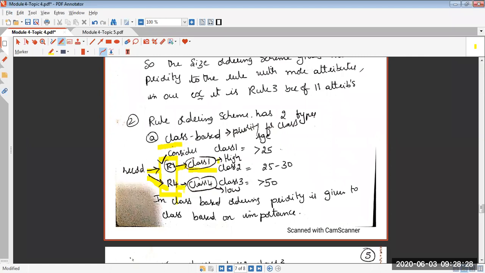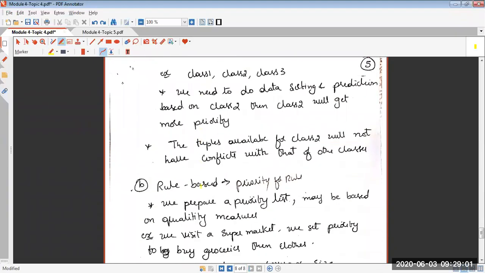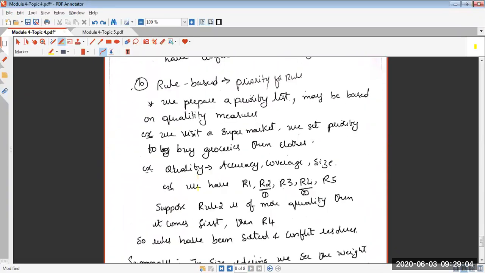Now, how is this conflict resolved? In this specific situation, the classifier will take this record and push it to class 1. How was this decision made? The answer is simple. This decision was made based on the priority of the class. Since class 1 had high priority, it was a clear winner here. So the record will be pushed to class 1. These were the things we had seen in the previous class.